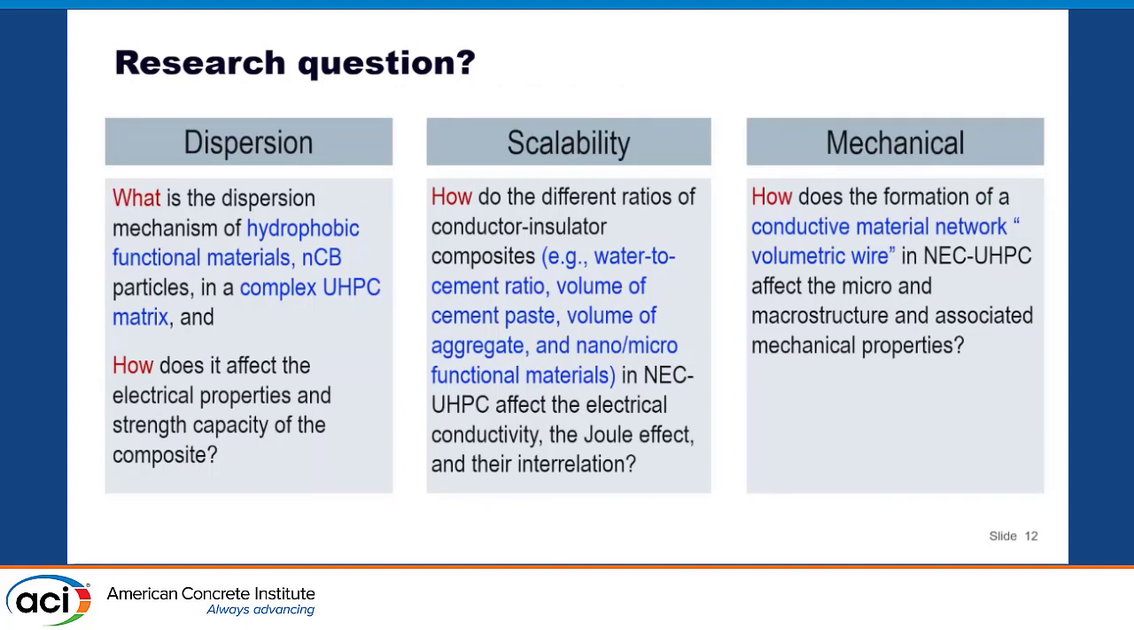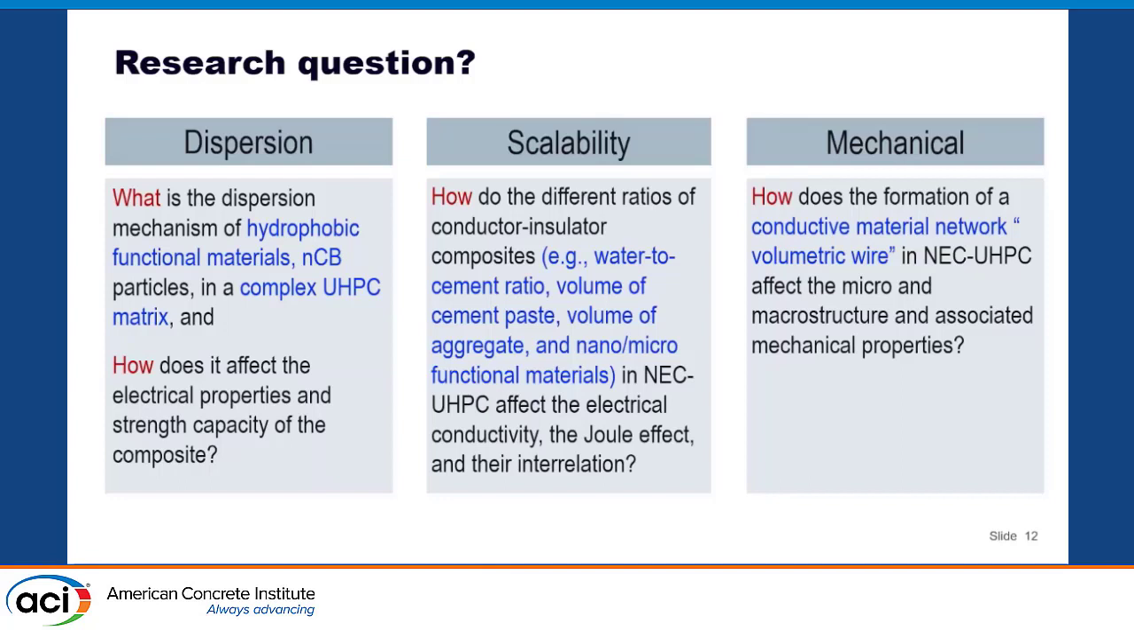UHPC is a highly heterogeneous material fabricated with a huge amount of powder, and this powder is hydrophilic. However, carbon black is hydrophobic and has a tendency to agglomerate. So the first question in the research proposal: what is the dispersion mechanism of a hydrophobic material such as nano carbon black in a complex ultra-high performance matrix? And how can this impact